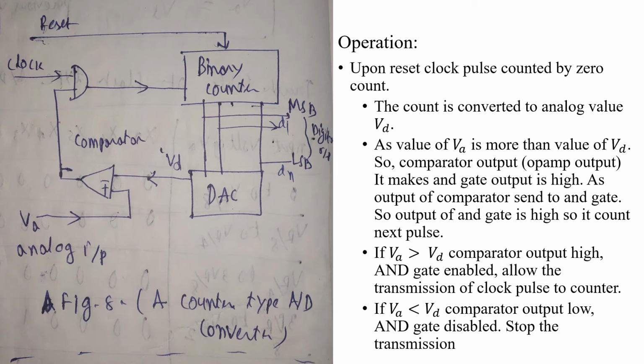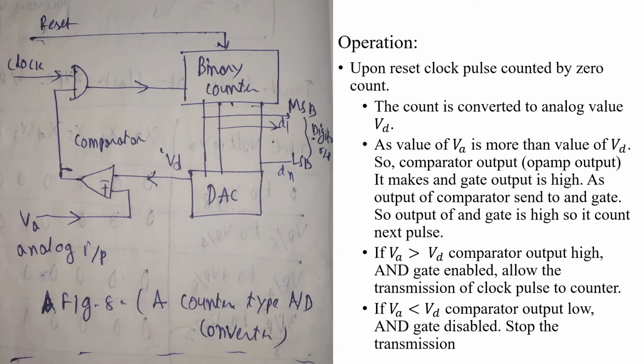Then, when enabled again, it goes to the next count, which is 1, meaning 7 zeros and a 1. It converts it to one value and compares it with VA. VA means this analog value; the binary data that was converted is converted back to an analog value by the digital to analog converter. If VA is more than VD...